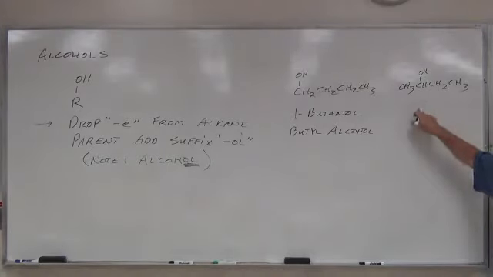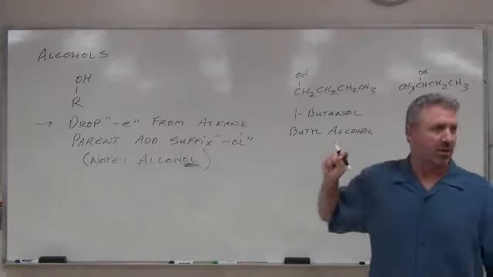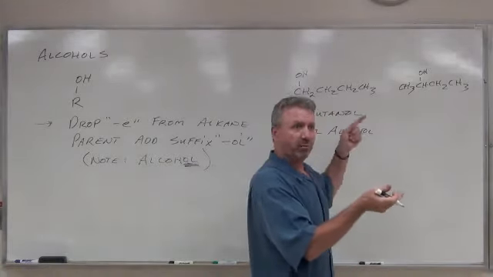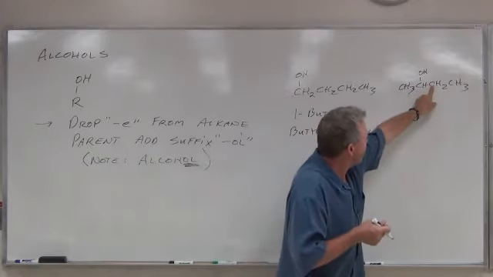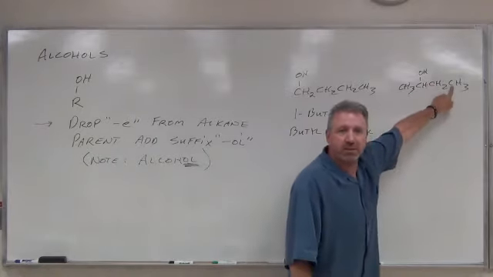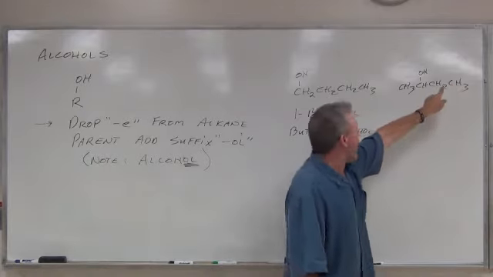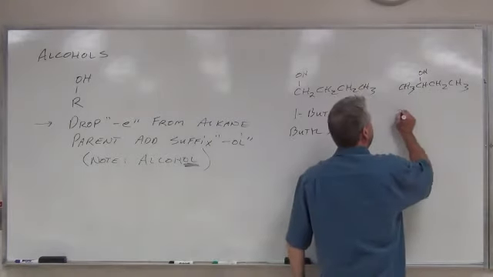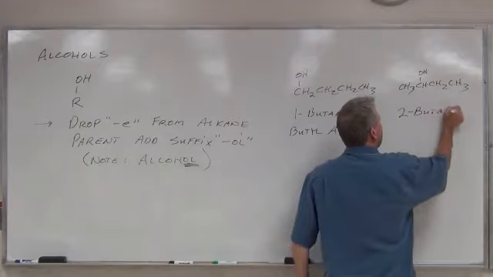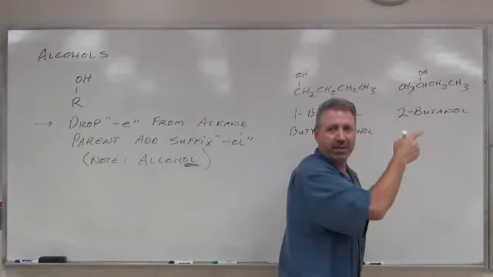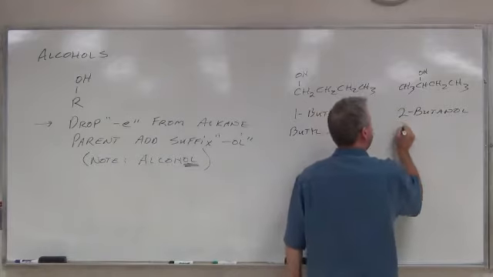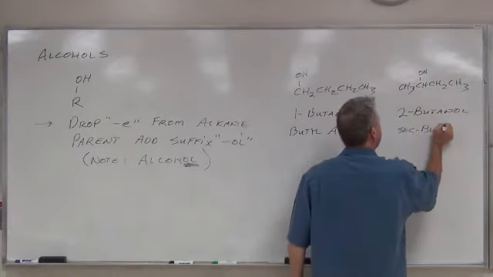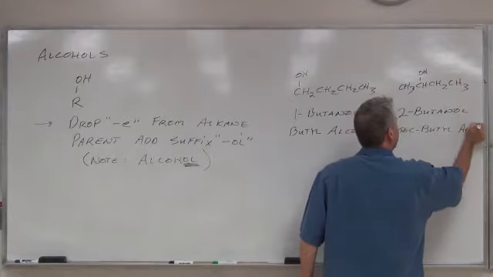This one, 2-butanol. See, now the OH group is on carbon number 2. Notice that these are the only 2 forms of alcohol. Because had I put the OH here, it still would have been 2-butanol because I simply would have started numbering from the other side. And if I put the OH here, it's still 1-butanol. So 2-butanol, which I know to be the sec-butyl group. So this could also be sec-butyl alcohol.